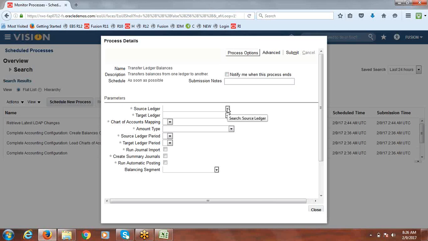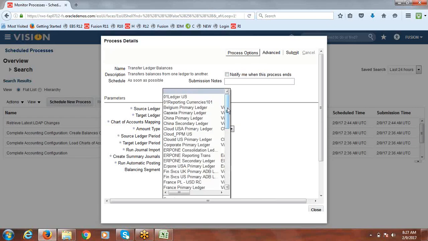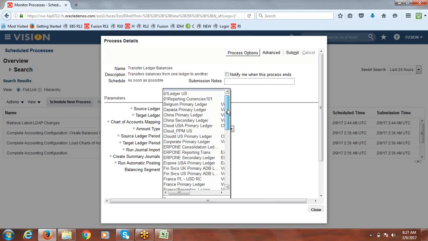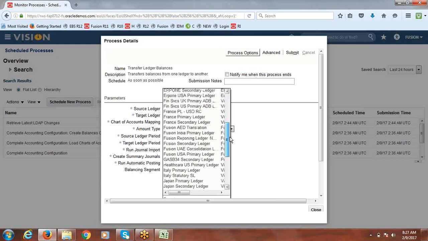Now select the source ledger, from which ledger you want to transfer. Representing our subsidiary ledger, we added a currency for reporting purpose, that means for translation. That name we have to select here.